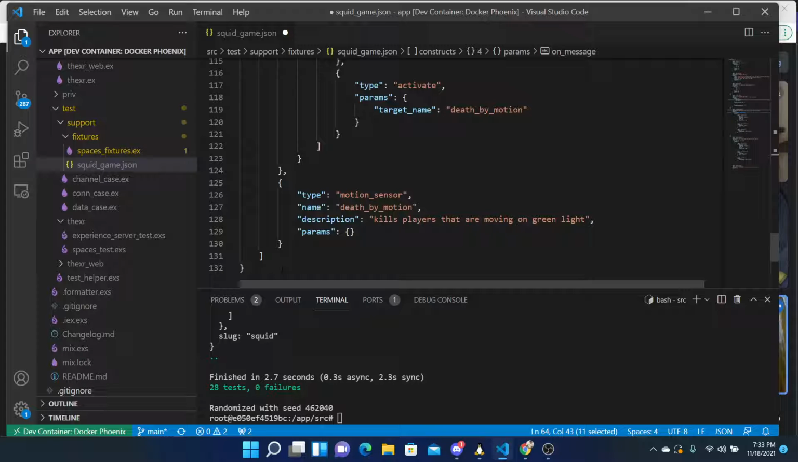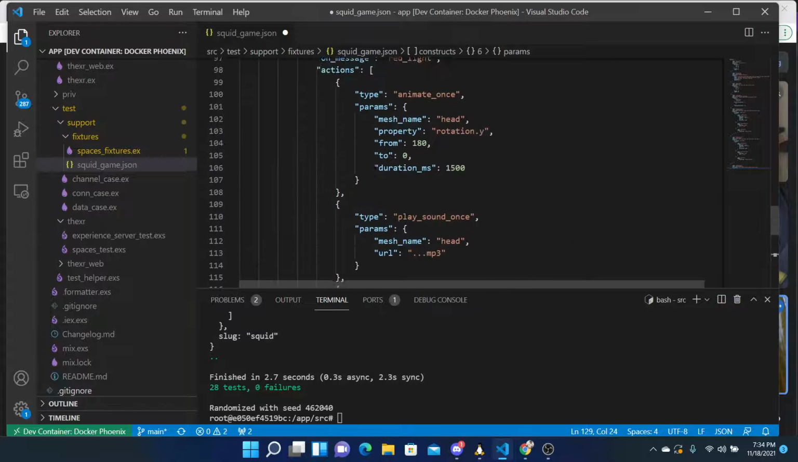But you have a way of turning it on and off. So it responds to this activate. So there were two ways of doing this. One is inside the params, we could say, listen for message: on green light, do this thing, on red light, do this other thing. Or we have this kind of